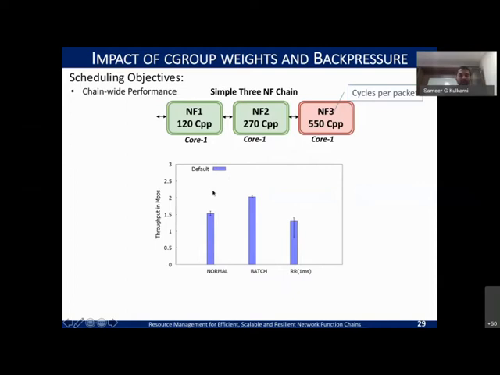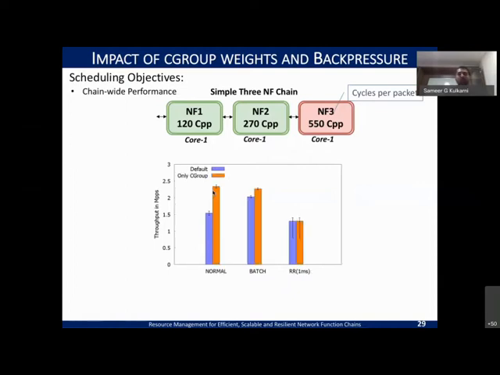Now, we said we built it in components, so we enable just the C group component. So when we enable just the C group component, what we said is you are trying to make sure that you are allocating the CPU in the right shares.